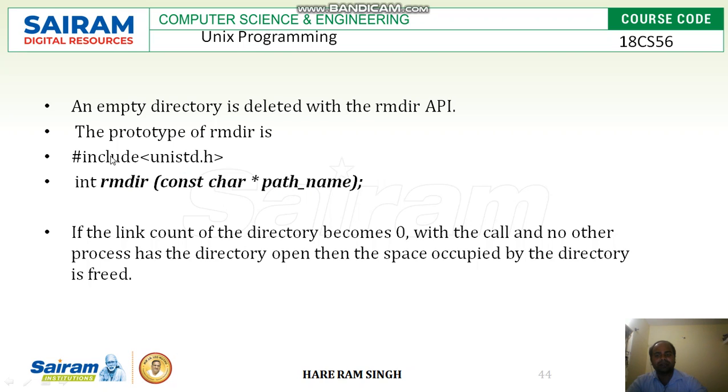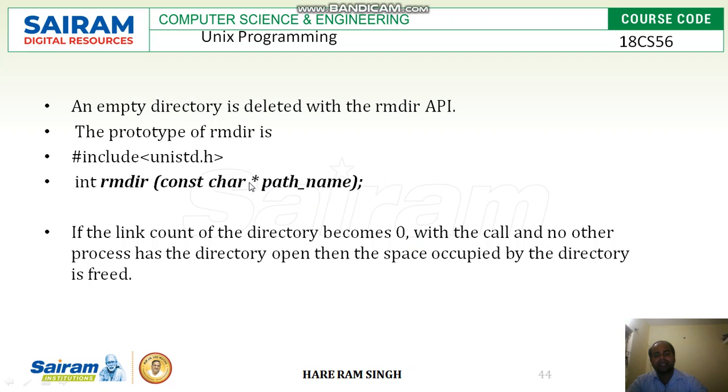These functions are defined in the unistd.h header file, and the return value will be 0 if the directory is removed or deleted, or if any error occurs, then it will return -1. It has only one argument, const char *path_name, which specifies the path name of the directory which needs to be deleted or removed from the system. If the link count of the directory becomes 0,